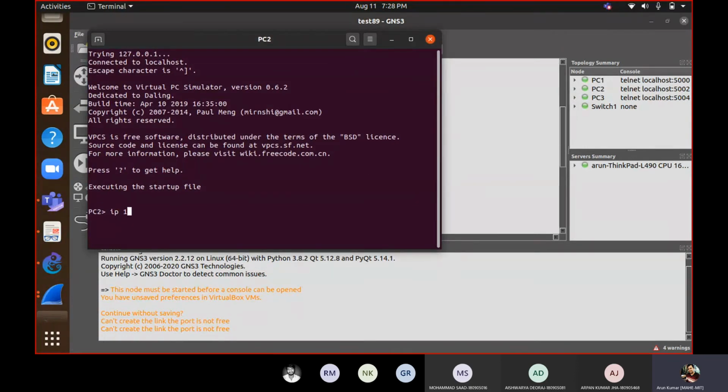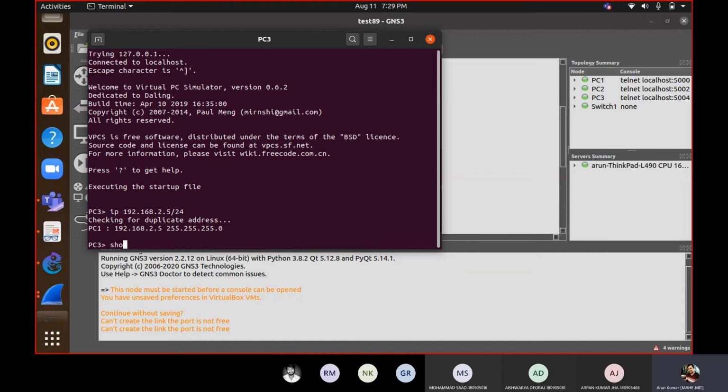IP 192.168.2.4/24. PC2 also we have configured. Then PC3 IP 192.168.2.5/24. I am using the same IPs which I used for the previous example.